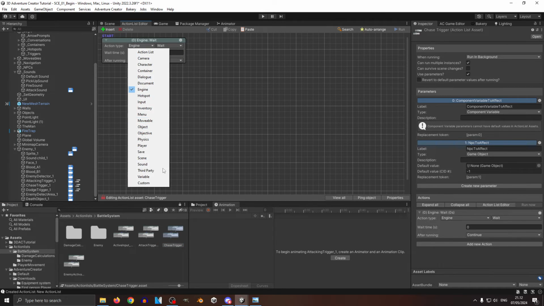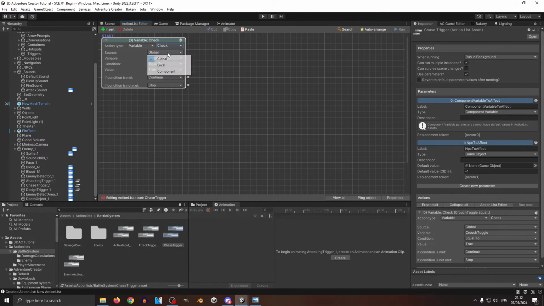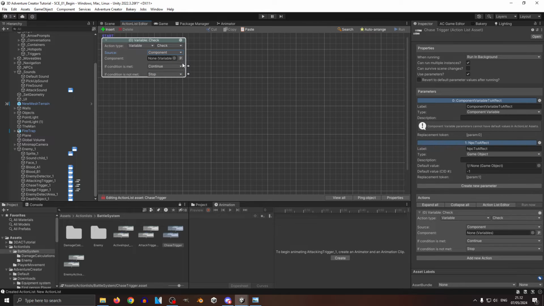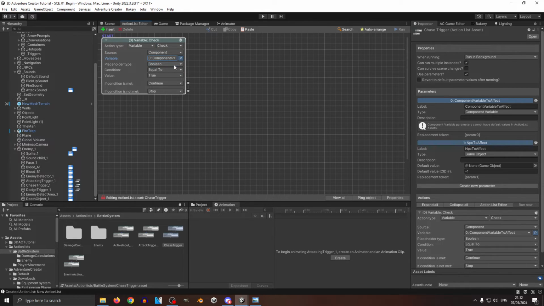It will simply be variable check, the component, overridden component variable to affect, integer is more than 0. So this will be checking the enemy's health. So I guess we could just name this component variable to affect instead be enemy health. So if enemy's health is more than 0,